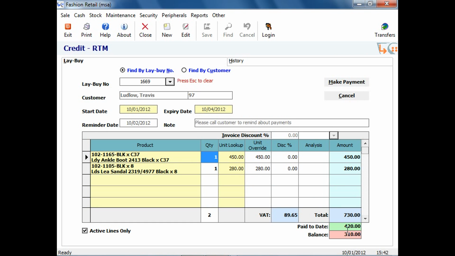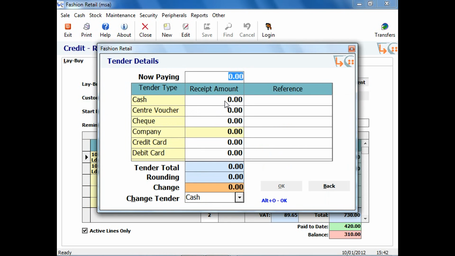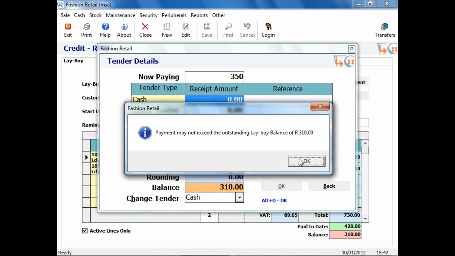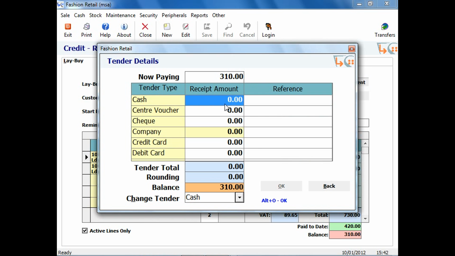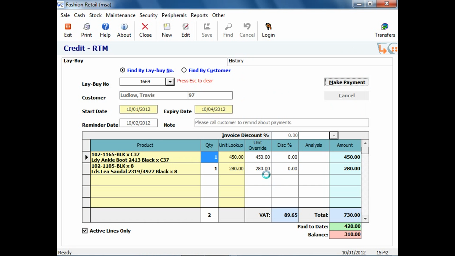And now we've only got a balance of 310 Rand. If we're going to make a final payment, let's say make payment, and we'll pay the full balance, which is 310. Again, you couldn't say, for argument's sake, 350, because that would complain because you're paying more than what the balance of the lay-by is. So let's say 310 Rand. Okay, and now that will complete that particular lay-by, close it off, stop you from processing any further payments against it,